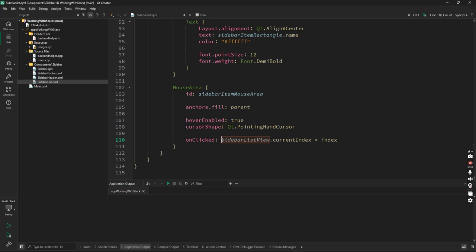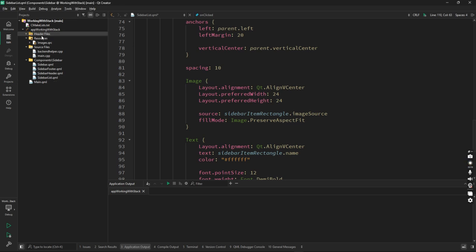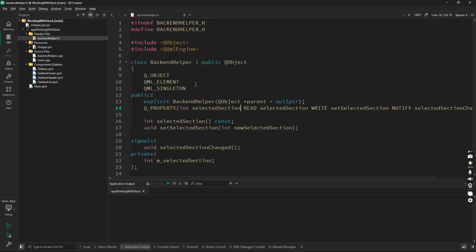Now if you see on clicked, sidebar list view dot current index equal to something, right? So instead of that, we'll say backend helper dot selected section equal to index. Now, if this backend value is updated,